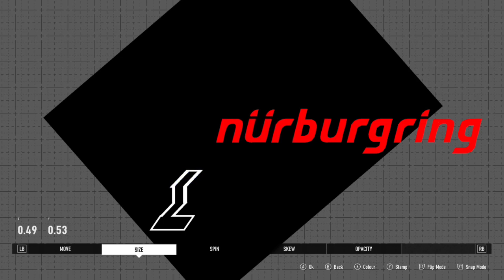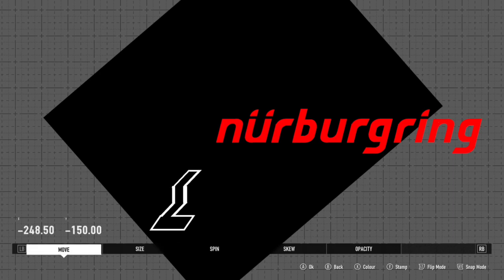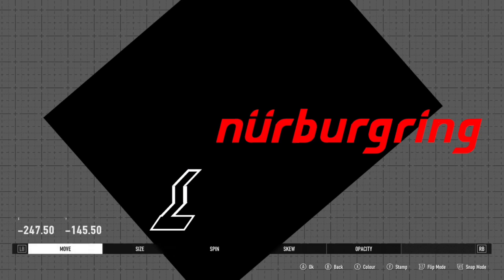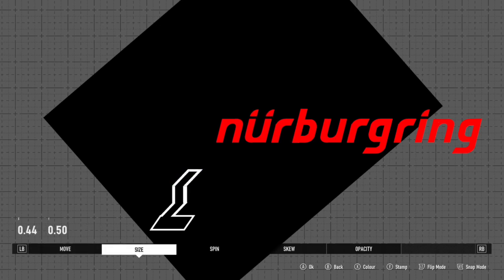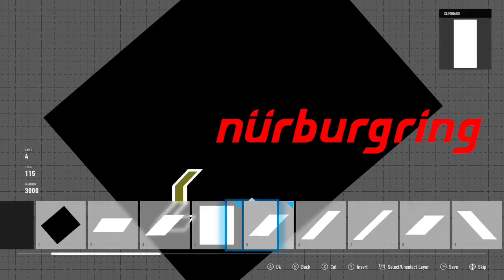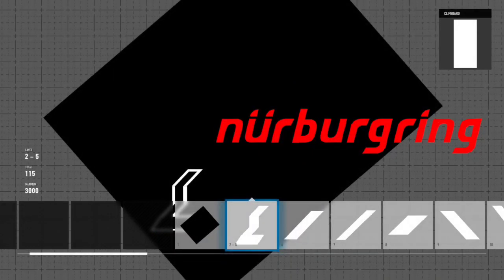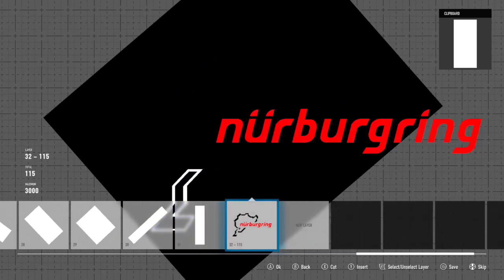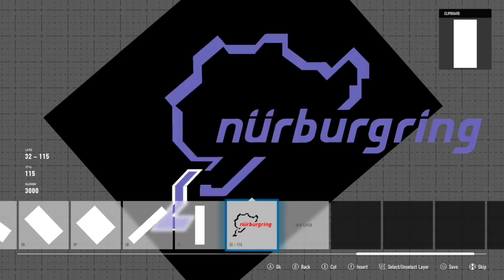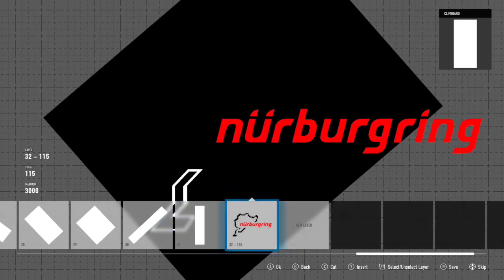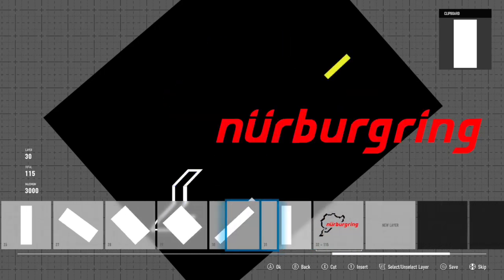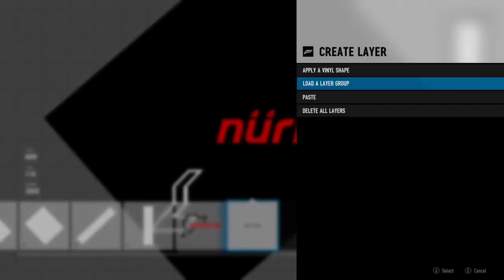So increase the width, increase the length. And there's your first part. So you basically do that all the way around until you end up with